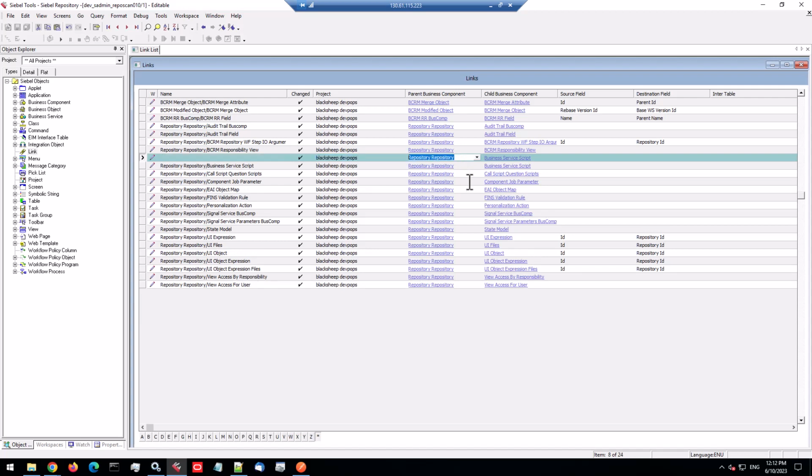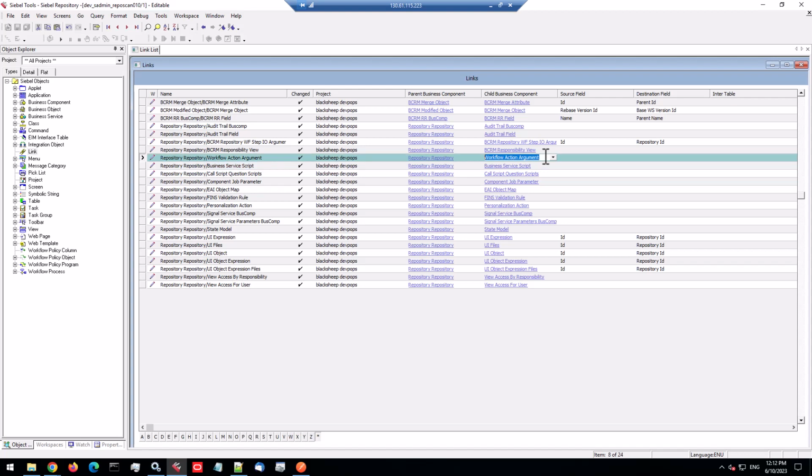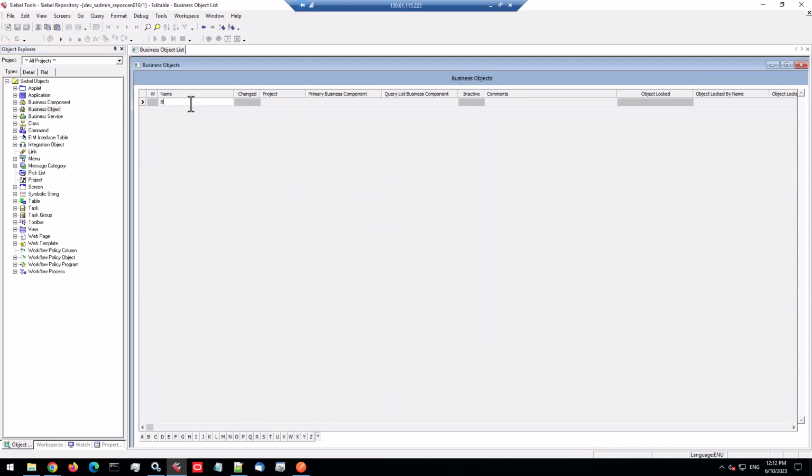So the project and the parent are fine. And now paste the child business component name. Usually there is no need to try and link those for source and destination fields, because there is absolutely no relation to the repository whatsoever. So this is a real dummy link. But it's needed, as you will see. So now we have that link in place. We can go ahead to the business object. So find the BCRM